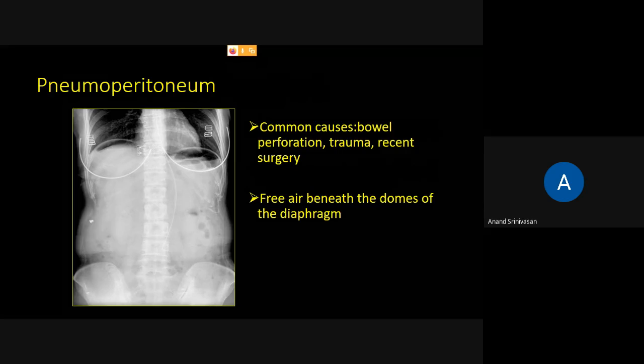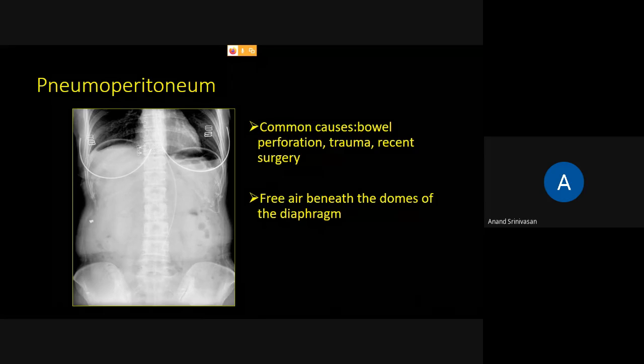Okay, so here in this case, can you see what is the abnormality? Pneumoperitoneum. Pneumo means air, peritoneum means air in the peritoneum. Where is the air in the peritoneum? Can you see here? Diaphragm. So this is the diaphragm, and here you can see a small amount of air which is present on both sides. Usually this air should not be present. There should not be any air